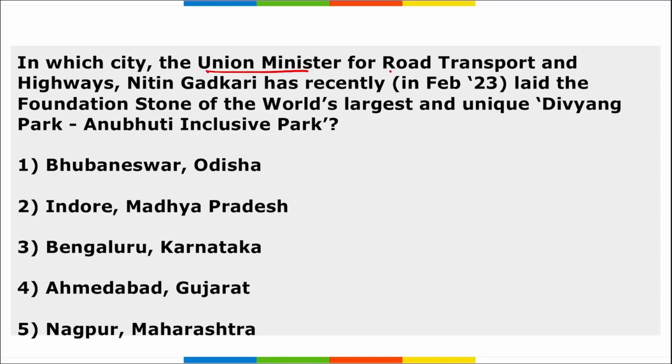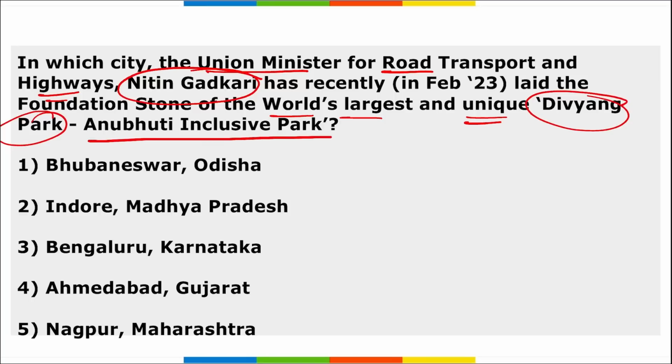Next, the Union Minister for Road Transport and Highways, Nitin Gadkari, laid the foundation stone of the world's largest and unique Divyang Park, that is Anubhuti Inclusive Park. This is the name of this park. In this park, 21 disabilities have been catered to. Remember, this is made on the lines of these 21 disabilities,